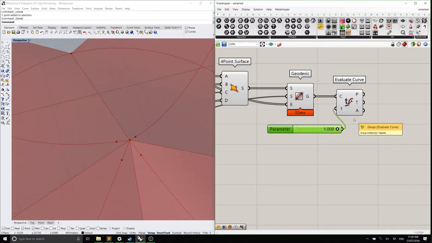So there are two ways that we can evaluate curves. We can evaluate them using their actual dimension, or we can reparameterize them. What reparameterize does is it makes the computer think of the line as a number between 0 and 1, or 0 and 100%. So using percentages, where do you think the midpoint of a line would be? 50%, okay? So what reparameterize does is if you right-click the C value, the C input for evaluate curve,